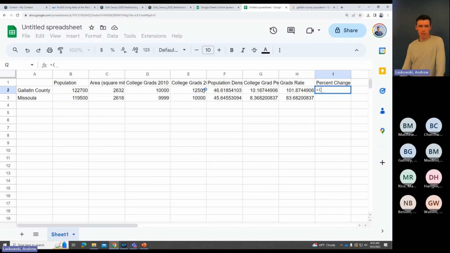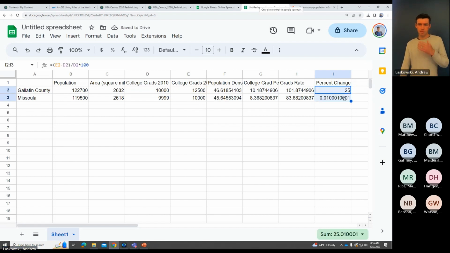In parentheses, we want to subtract the old value from the new value. So 12,500 minus 10,000, close parentheses, divided by the old value, right? We're measuring how much change since 2010. We put the old value on the bottom, and then we're going to just multiply that by 100. And it means we get 25% change, right? That makes sense. We've had an increase of